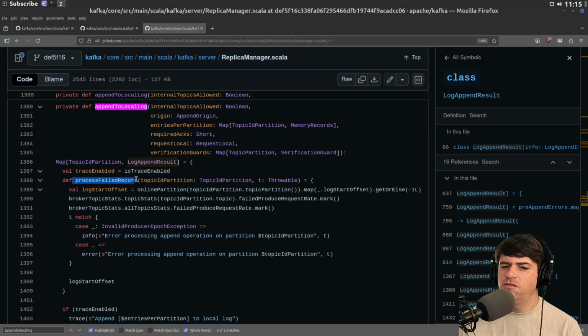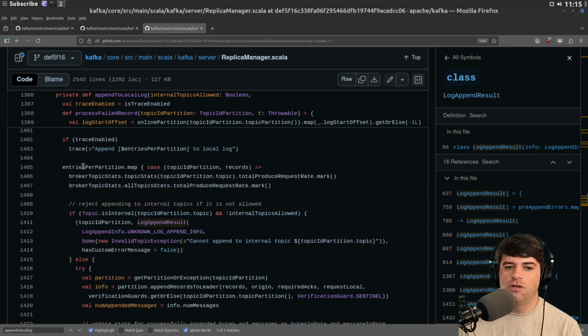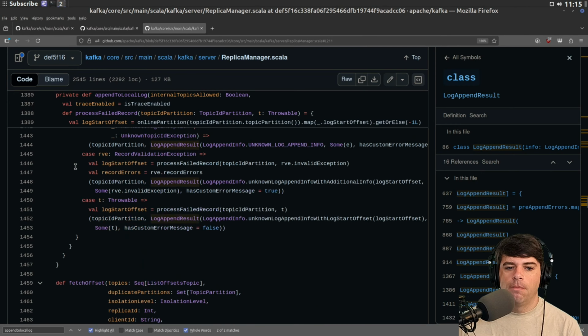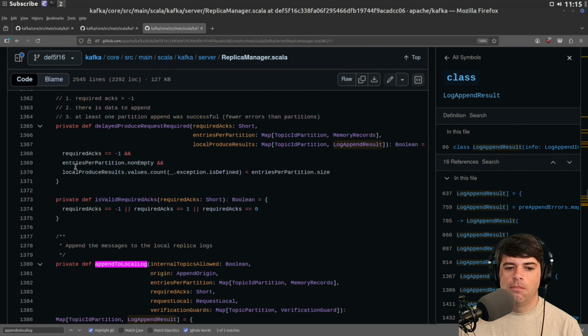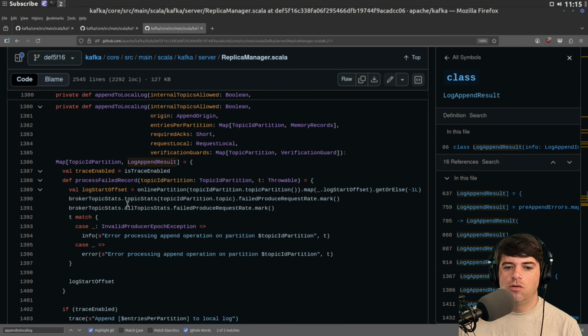We've got this process failed record. We're just defining some function, I guess. If trace enabled, we do some stuff. I guess I'll ignore trace enabled. What? I think I ignored all the things. Process failed record.